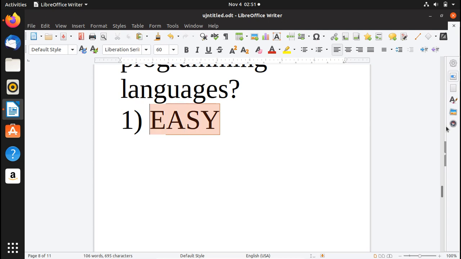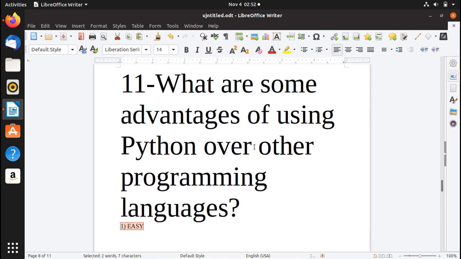Let me just make it a little bit smaller. So the first advantage is easy syntax, okay?